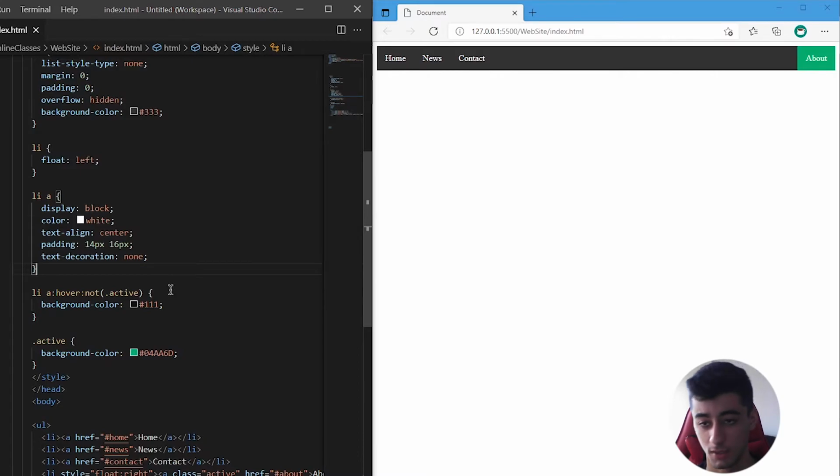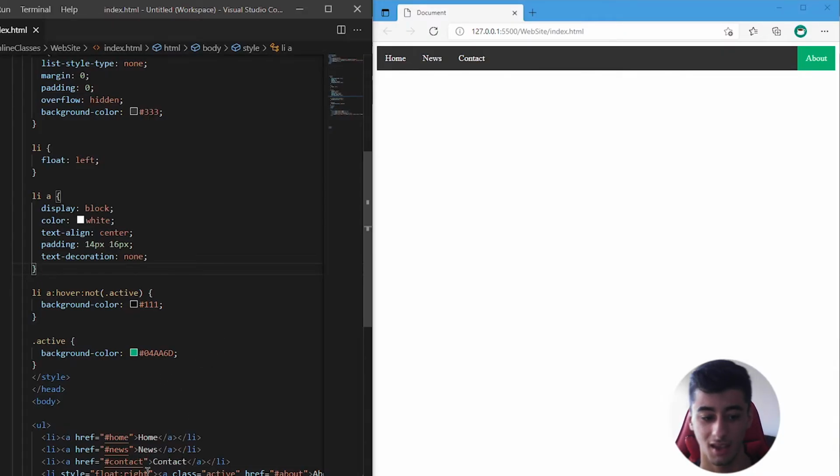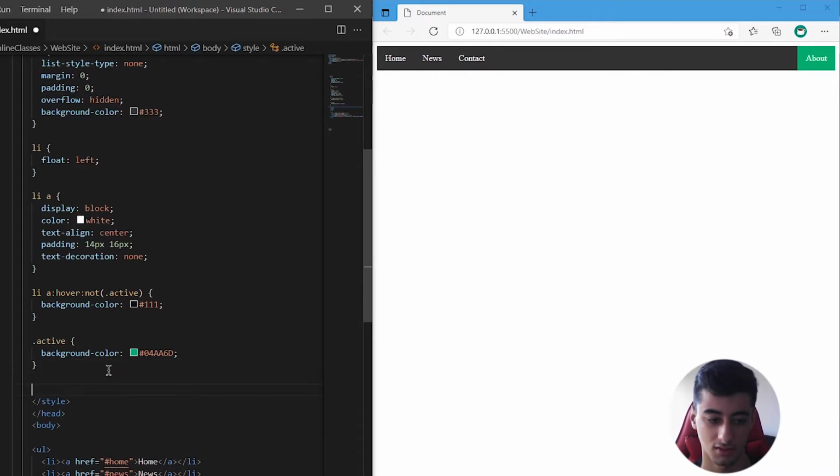Now, to make it easier to see, I just put the active class on the about, and I put the float right. Why? Because you may want to put something on the right side of the screen just alone, like an about, a login, a logout, a profile. And you don't need to have inline CSS styling. You can have a class, just as an example,